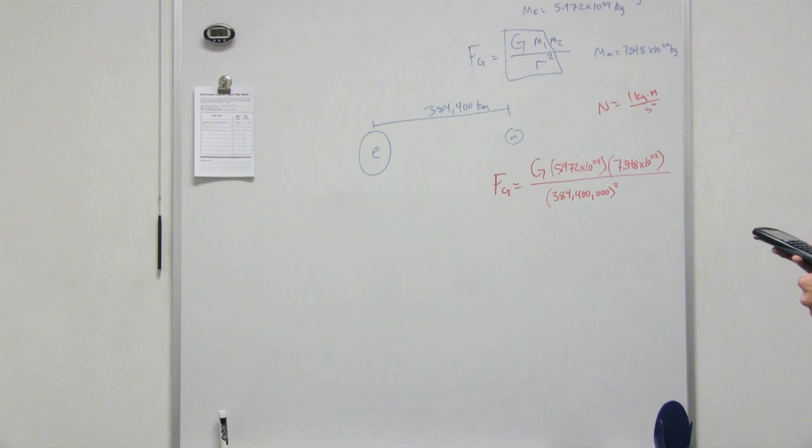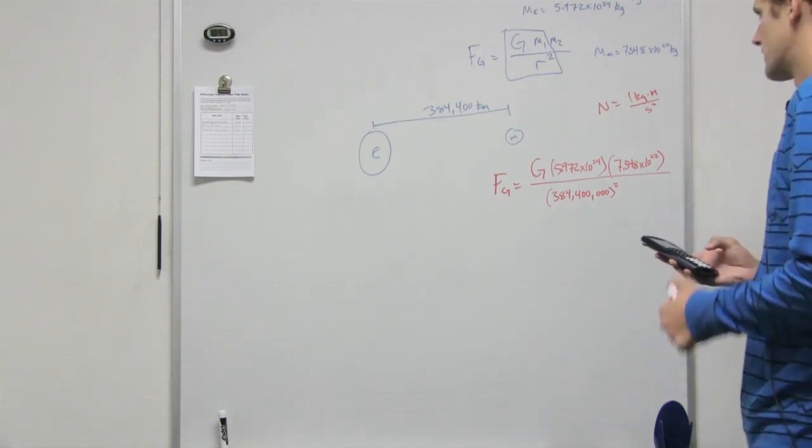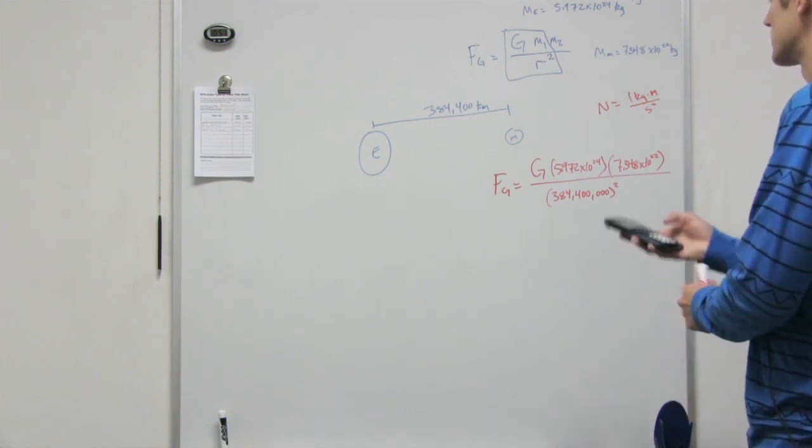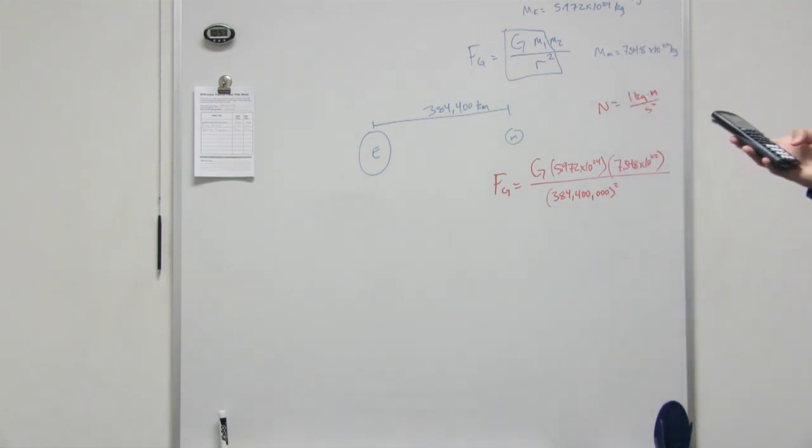Screwed that up somehow. Yeah, G is 10 to the negative 11. 6.6738 times 10 to the negative 11 times